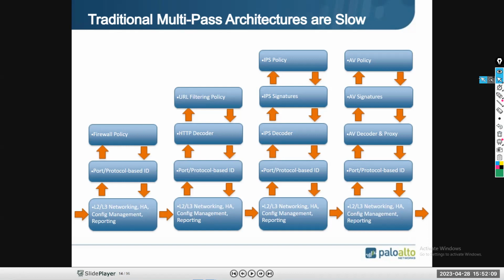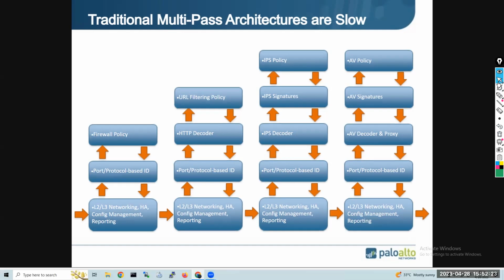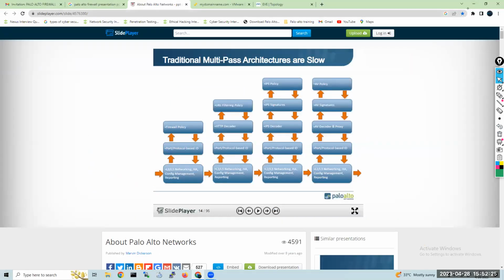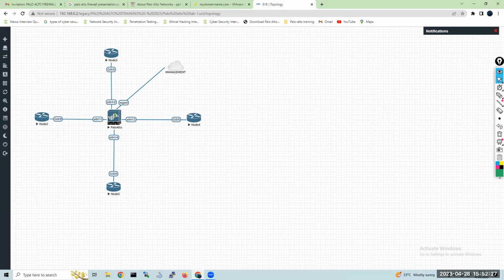Right now I think I explained just 13 slides, the overview. You can see I just now explained only 13 slides out of 96 slides. Okay, let me jump to the lab now. I think my device will be on now. So, just an overview. I'm not going into more details.